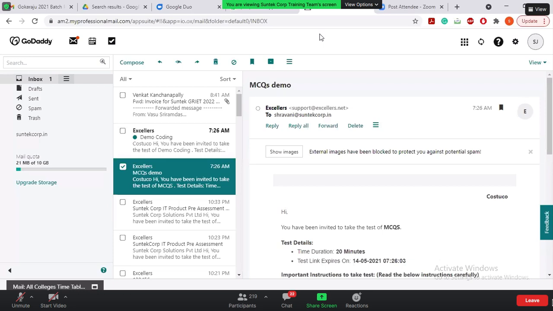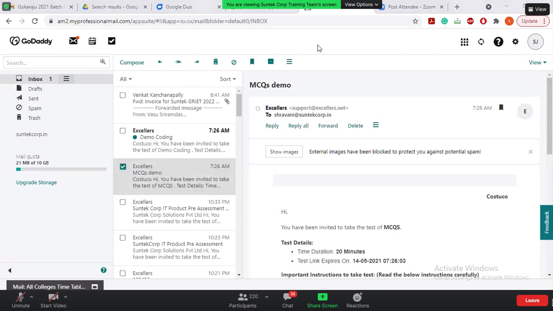And coming to coding, there are 3 coding questions. One is of basic level, the second is moderate level, and the third is a little advanced level of coding. We are using a platform where we will be assigning the exam link to your registered email IDs. Only to those IDs you will be receiving it, and I am just showing you a demo.